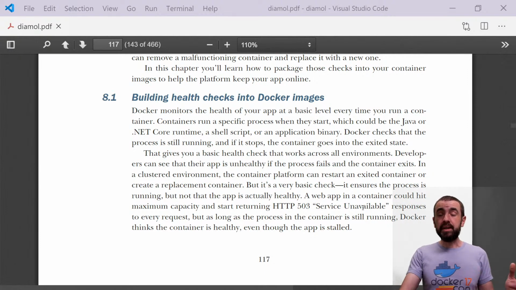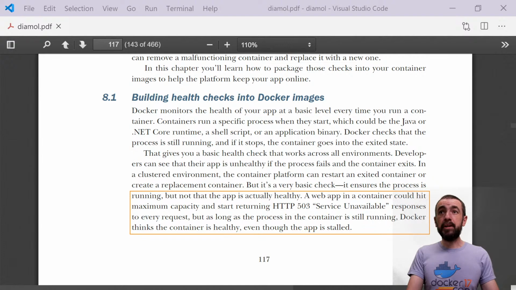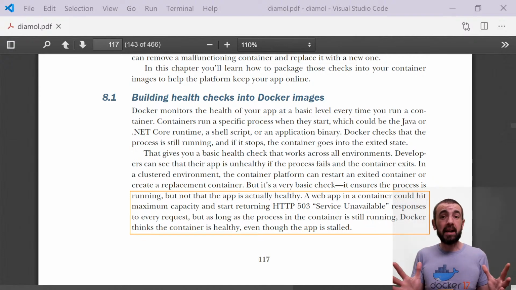But what Docker doesn't do is understand what the application is actually doing and whether it's really healthy. There's a good example here, a kind of standard example. If you're running a web application, the web server process could be running, but your container could be completely maxed out, so it's unable to process any new requests. And when an HTTP web server is getting more requests than it can handle, instead of returning a 200 OK response with the payload,